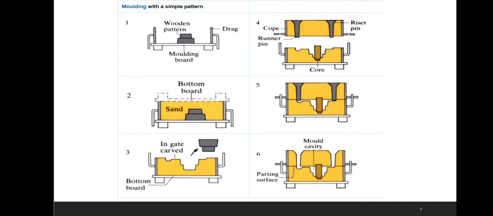Next, we need to pour the molten metal into this cavity with the help of the runner. When the mold has fully filled the cavity, the excess metal comes out through the riser, and then we can stop pouring the molten metal into the cavity. Finally, we need to break away the sand mold and remove the casting. This is the simple step-by-step basic sand casting process. And next, let us watch one video of